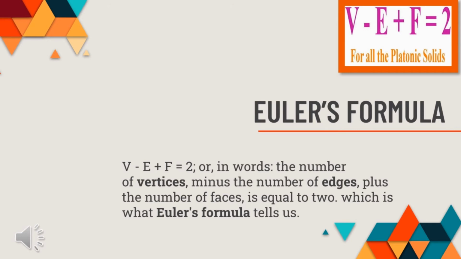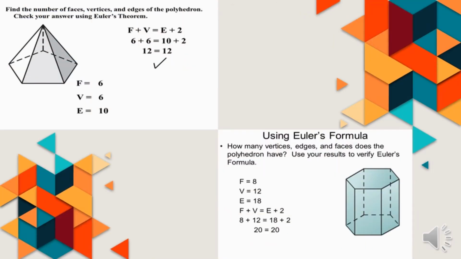The great Swiss mathematician Leonhard Euler discovered a very important relationship among the number of vertices, faces and edges of any polyhedra. The relationship states that if we find the sum of vertices and faces and subtract the number of edges from it, it is always equal to 2. This relationship is known as Euler's formula. For all the solids, we can verify Euler's formula as given on the screen. This formula holds true for all solid figures which are covered by plane faces. So, this is applicable to all solid shapes.